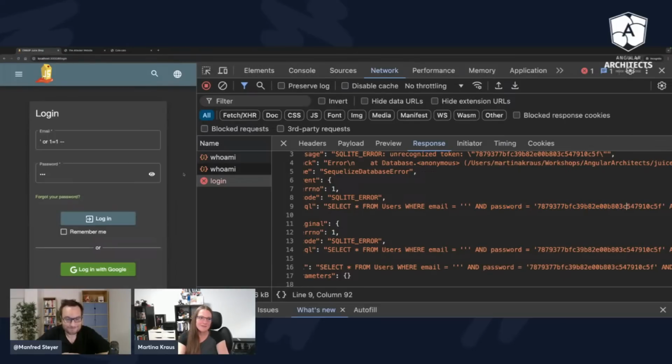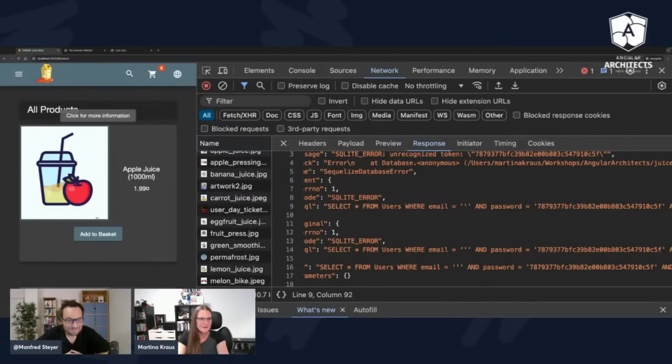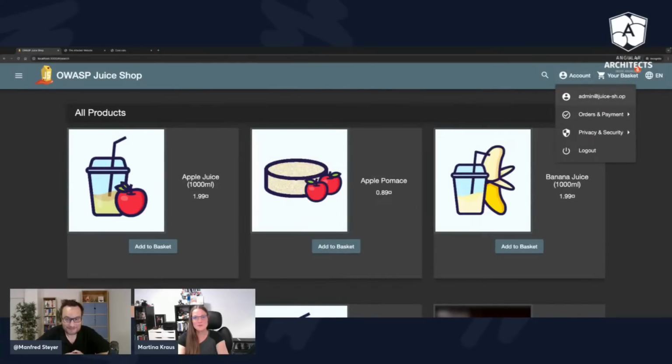And let's see what happens if I log in with this. I was able to log in, and most of the time we are the admin, because sometimes the default user role of an SQL database is just the admin. And that's why we are now logged in as the admin, which is, yeah, I'm devastated to even demonstrate it. I can't find any words for how scary that basically is.